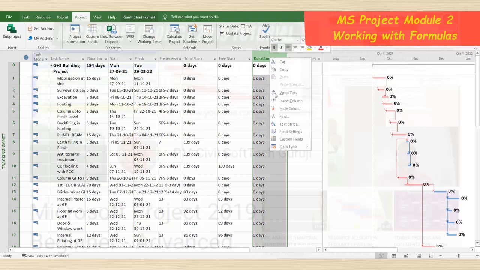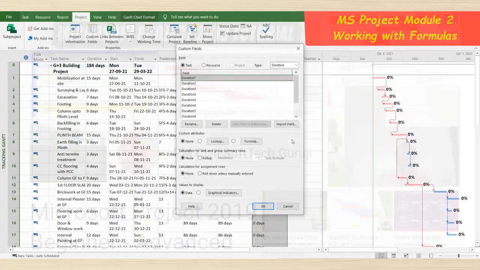Then click here and go to Custom Fields. Here in the custom field, just rename it. Rename it to Interfering Slack. Then click OK.